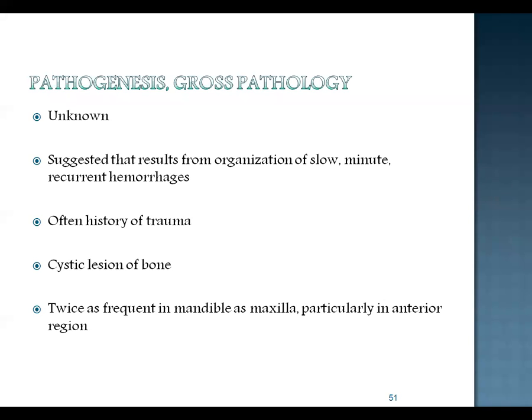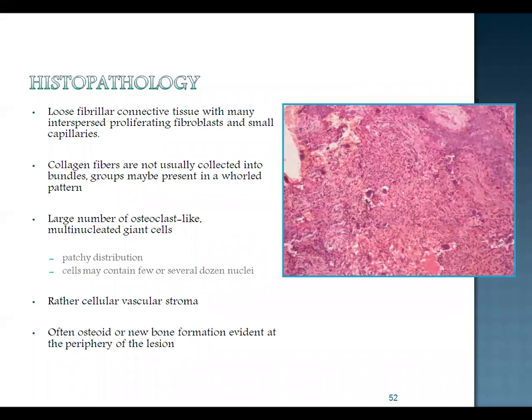The pathogenesis or gross pathology is unknown. It is suggested that it results from the organization of slow, minute, recurrent hemorrhages, often with a history of trauma. Cystic lesions of the bone can be associated with it. It is twice as frequent in the mandible as in the maxilla, particularly in the anterior region. Histopathologically,